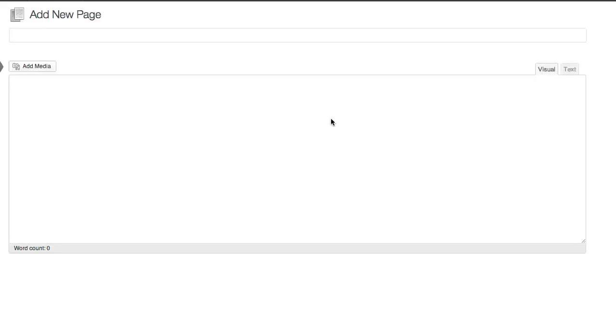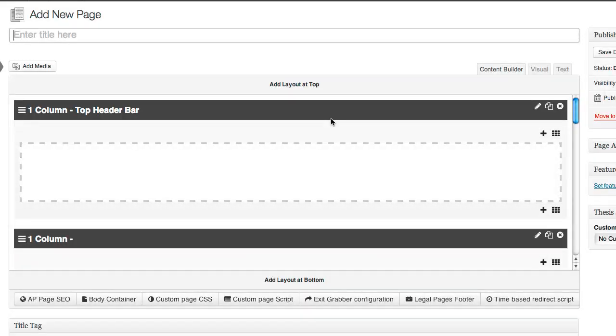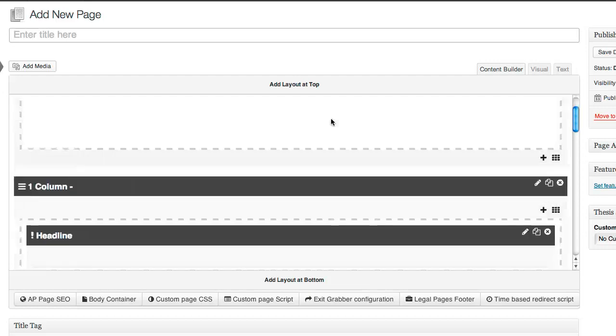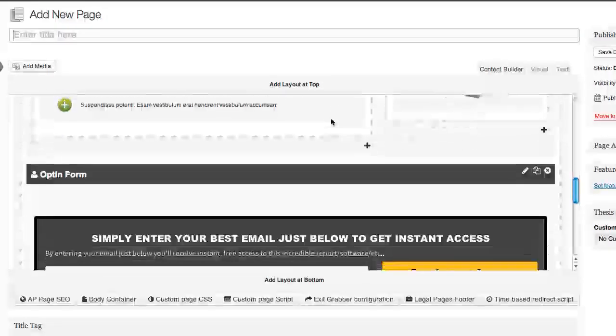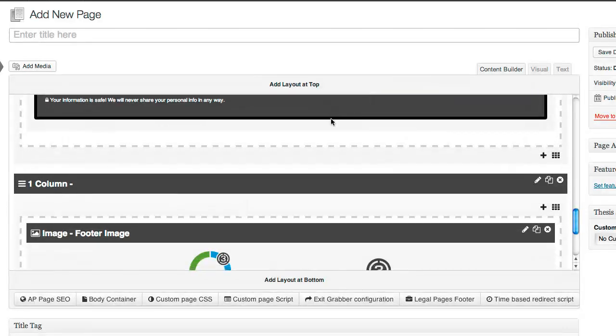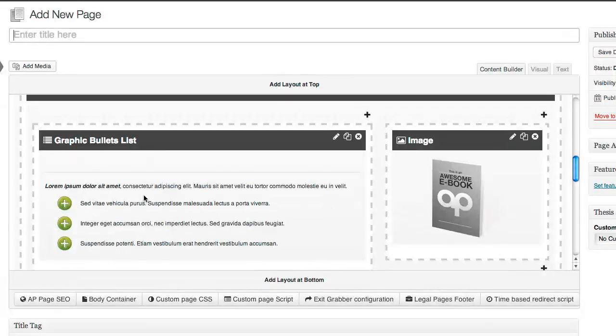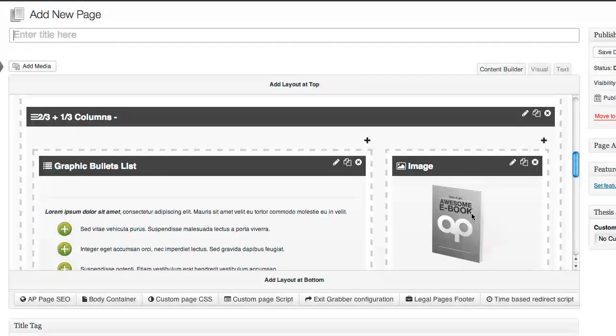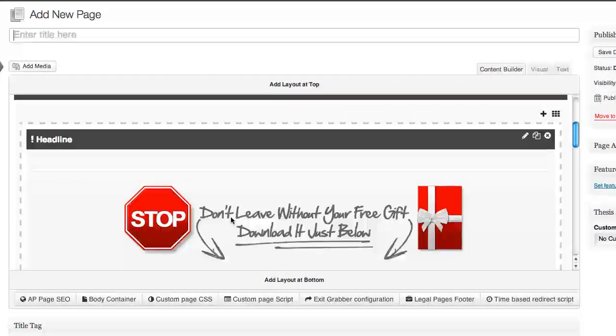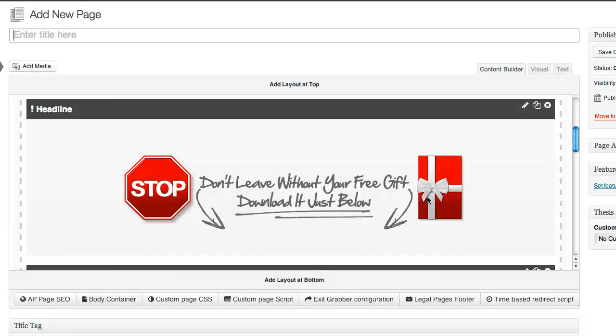It's going to go to the builder, and just like that our exit squeeze page has been initialized, and we've got our header, our footer, our opt-in box, our bullets, an ebook image, and a really great exit squeeze headline. So I'm going to call this my exit squeeze and click on publish,